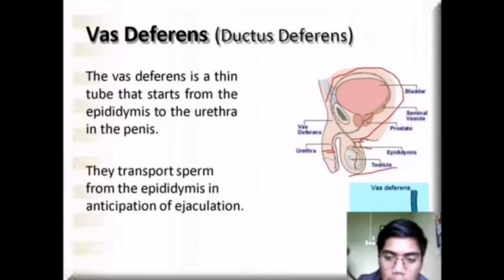It transports sperm from the epididymis in anticipation of ejaculation. There is a birth control form called vasectomy, where the vas deferens is cut. Thus, the transportation of the sperm is blocked, and no sperm is transferred to the female reproductive